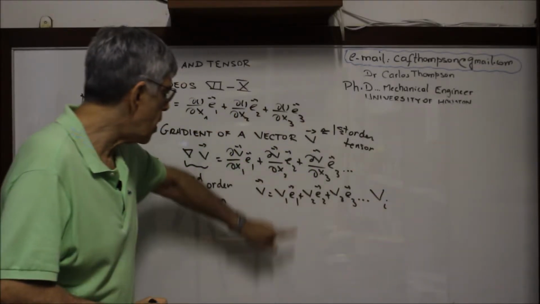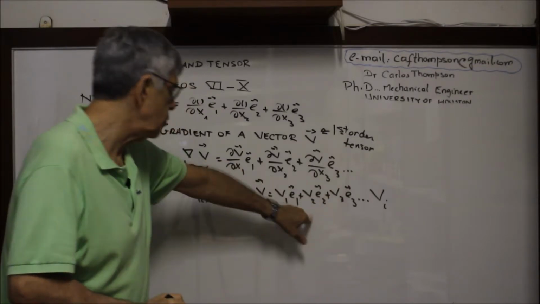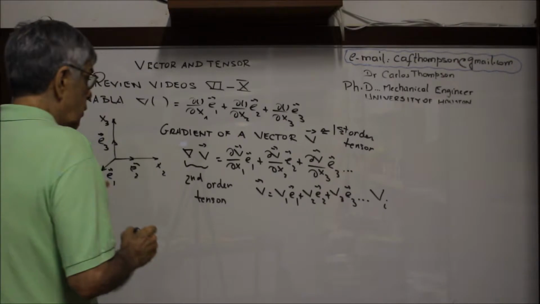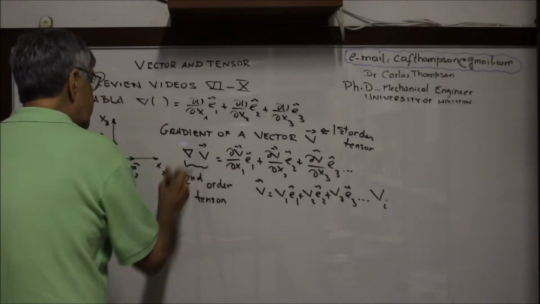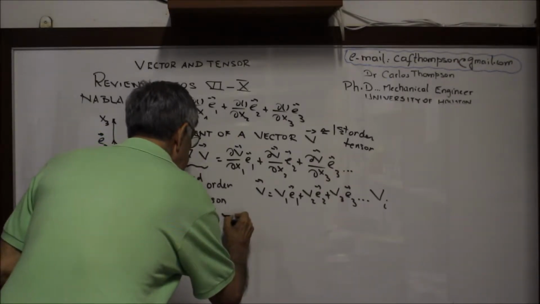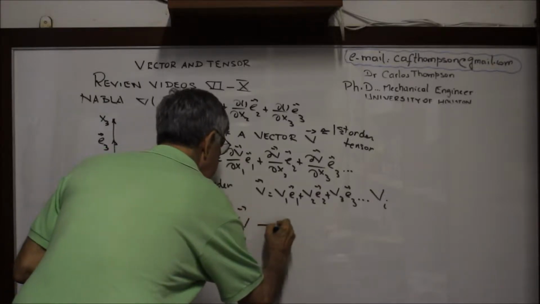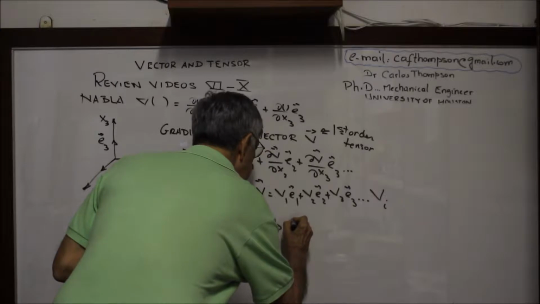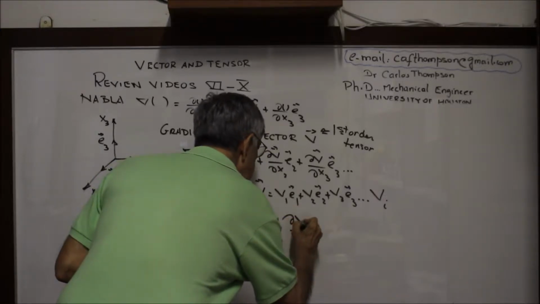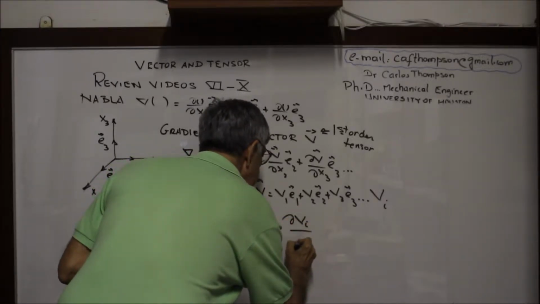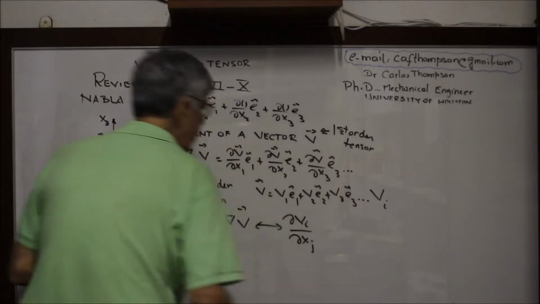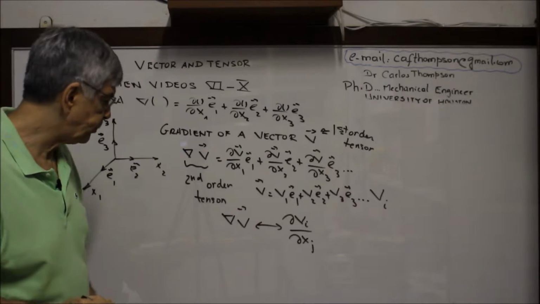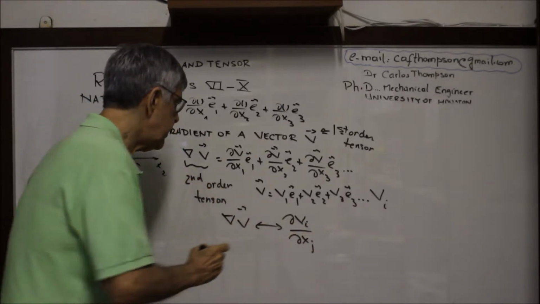For i equal 1 is v1, i equal 2 is v2, and i equal 3 is v3. So I can represent in tensor notation like that. That's the partial derivative of vi with respect to xj. You see? That's a second order tensor. i and j